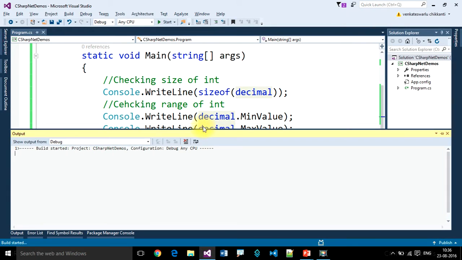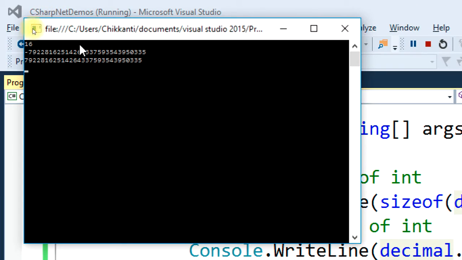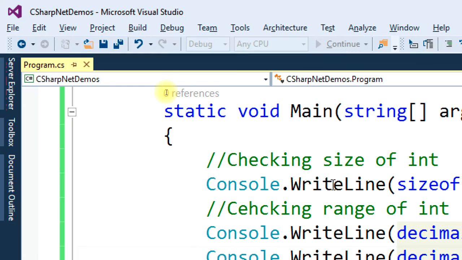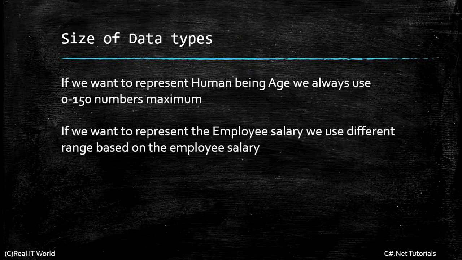Run this. Wow, too much. 16 bytes. This is the range you can store. That is awesome. This is how you can find out the size, minimum value, and maximum value of your data type.